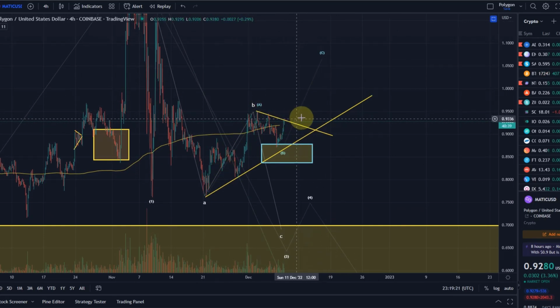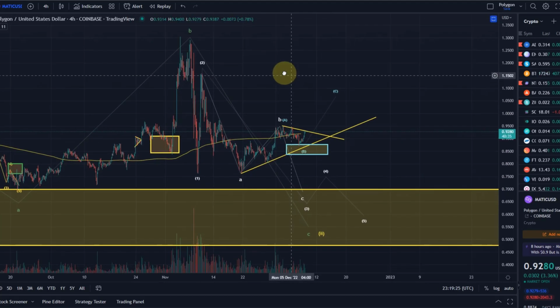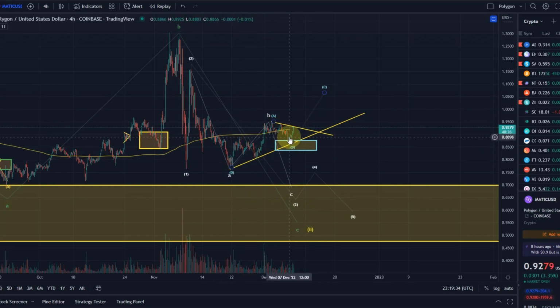What kind of wave pattern is this embedded in? Well, it doesn't really change anything. We talked about short-term upside potential, yes, from here, but as long as it's only looking corrective, which it does here at the moment, lots of overlaps, I think it's part of this further